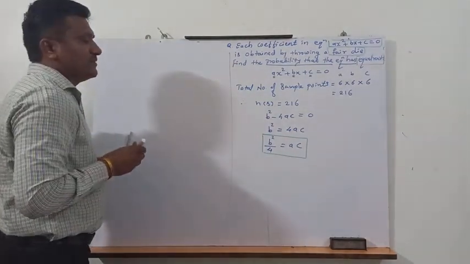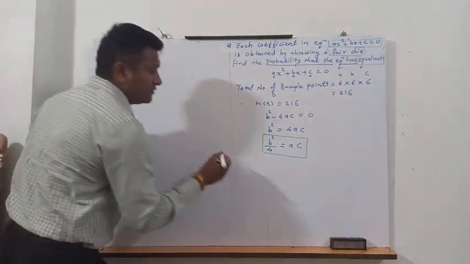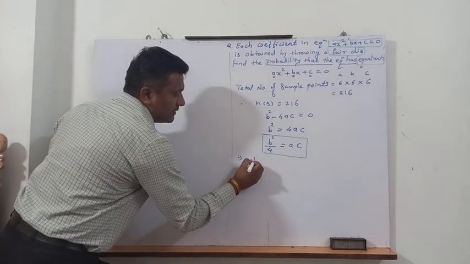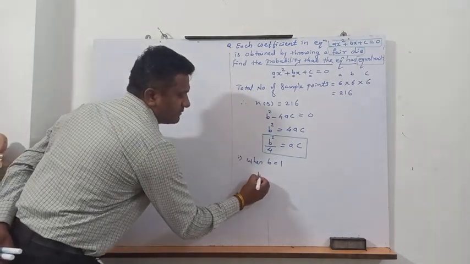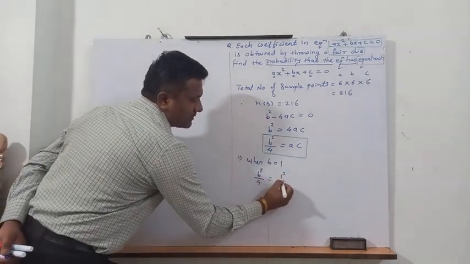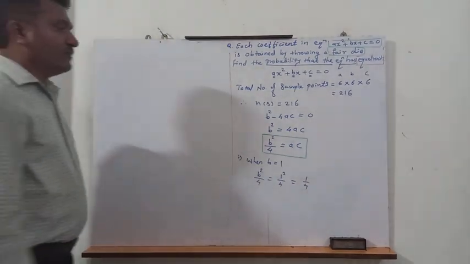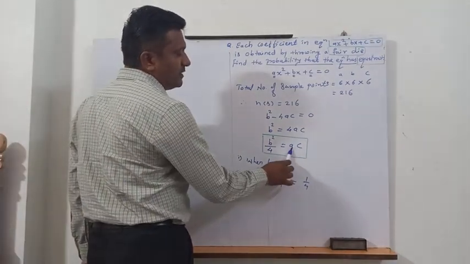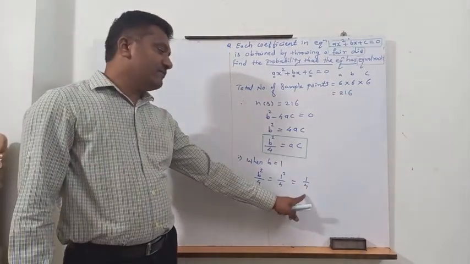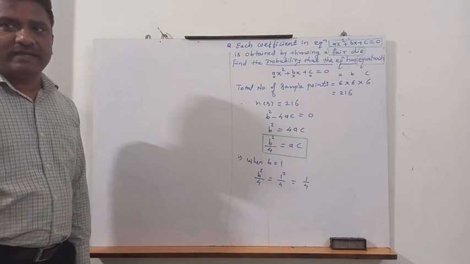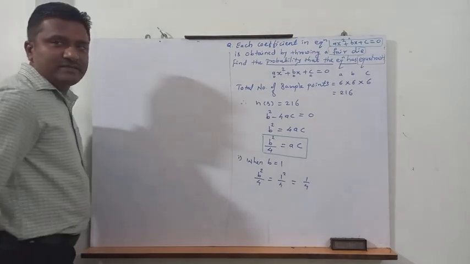Let us see how the next thing can be simplified here. Okay, now let us see. We'll consider the value of b from 1 to 6. So first possibility, when b equals 1. What is the left hand side then? B square by 4 equals 1 square by 4 equals 1 upon 4. So the value of this one is coming 1 by 4. Is there any possibility that the product of two numbers is 1 by 4? It is a fraction, so it is not possible. That's why it is not possible to get this particular possibility. So the first option is rejected here.